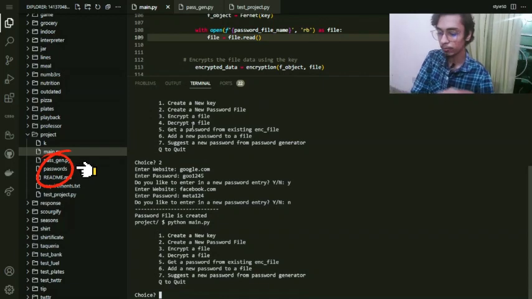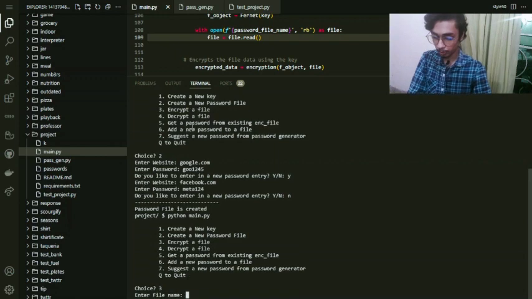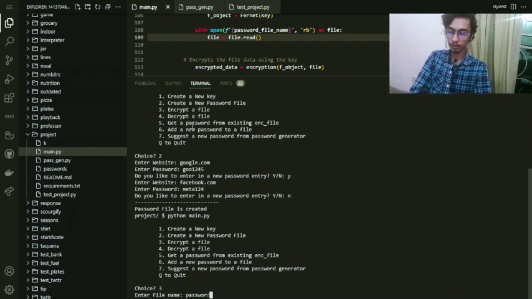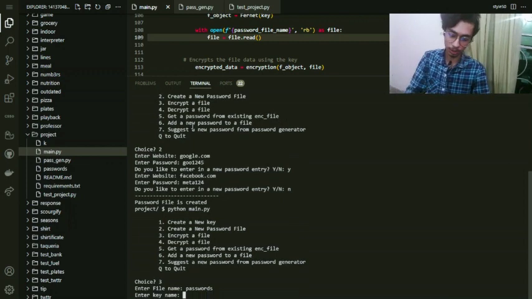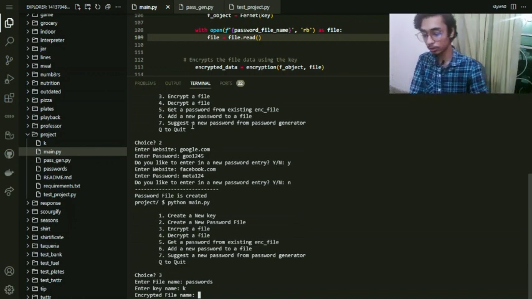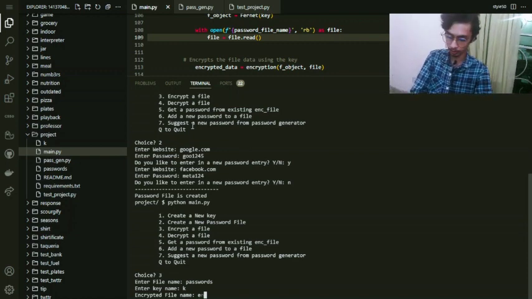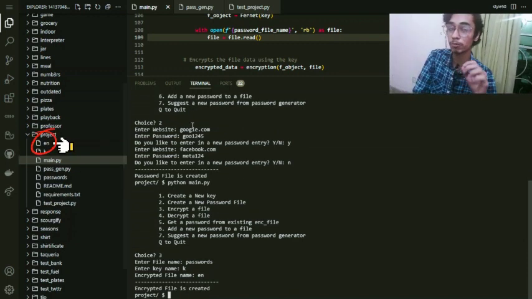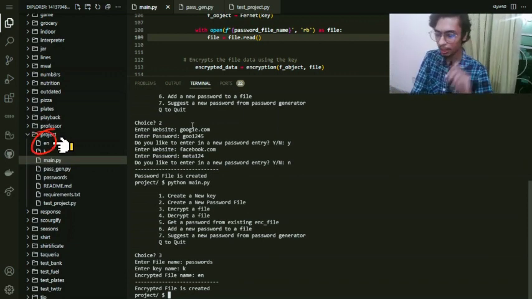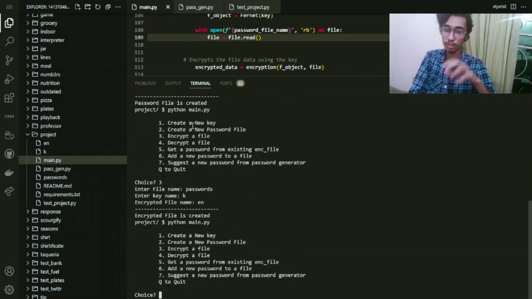Moving on, I want to encrypt the passwords file. Now, to encrypt the password file, what we are going to do is we will need to first of all read data from the password file and use a specific key. When we're using the specific key, what we will do is initiate the process of encryption. Now I'll use the encrypted file, and an encrypted file will be created. Now notice that the encrypted file name is EN, so I will use this encrypted file to get a specific